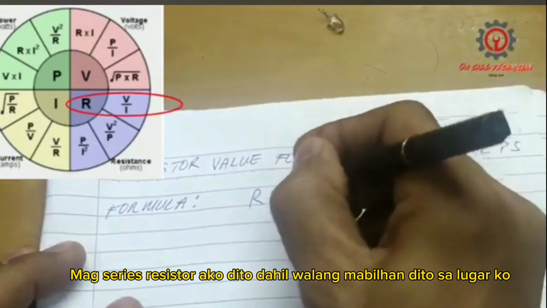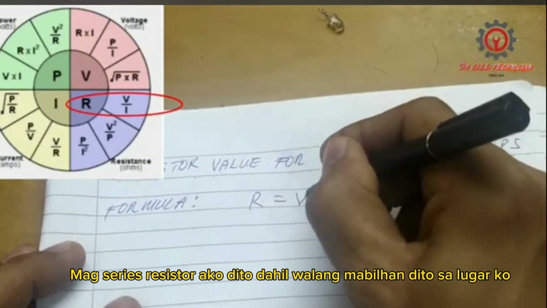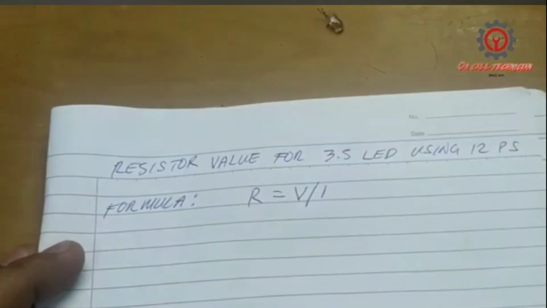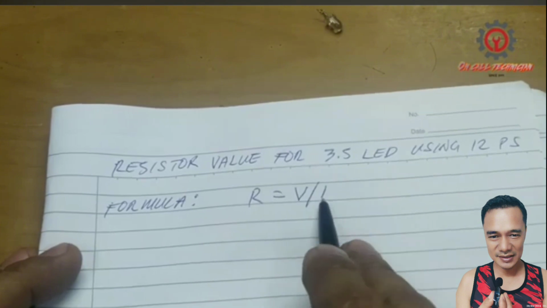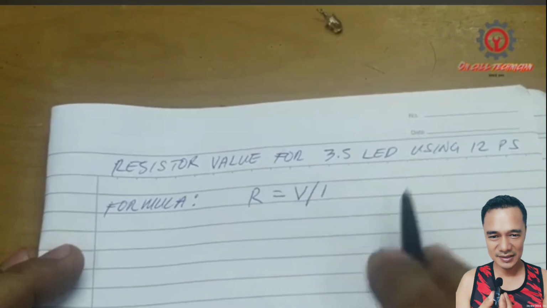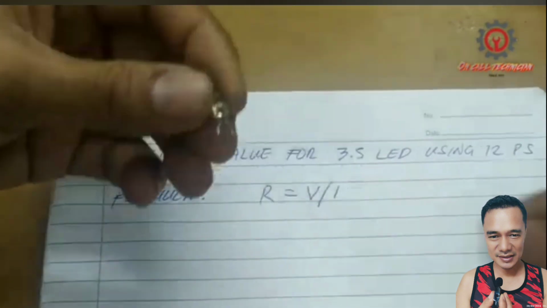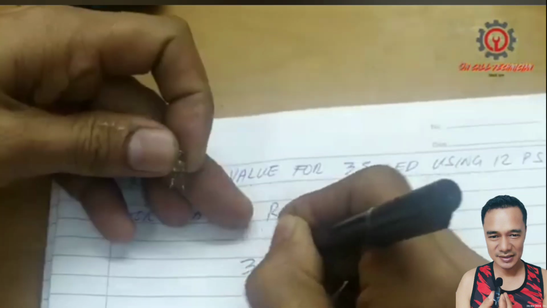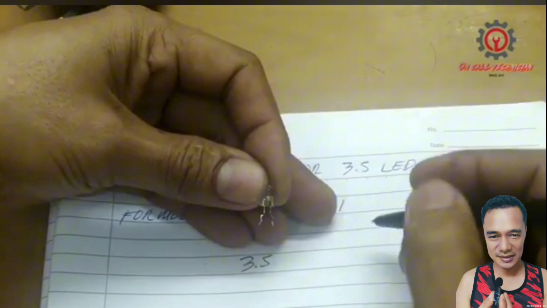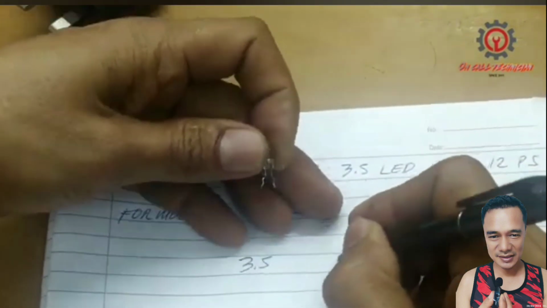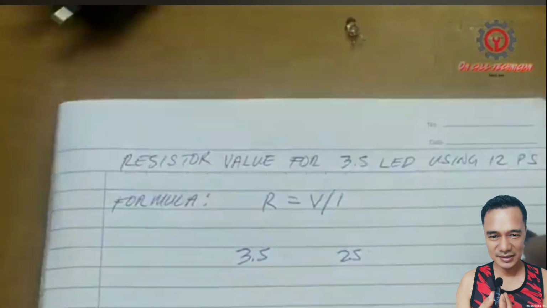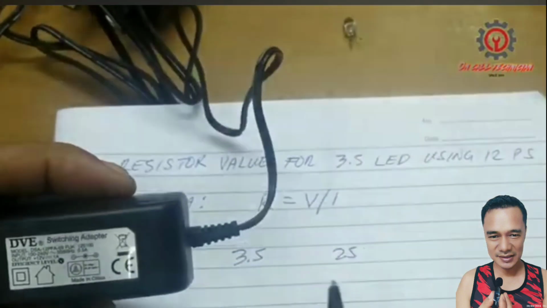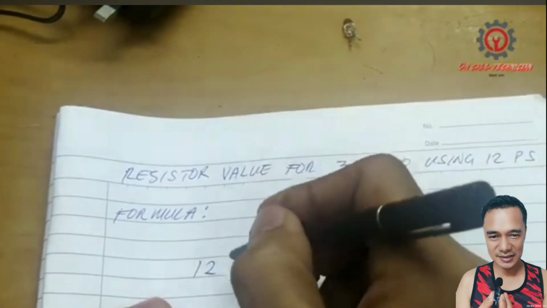R is equal to volts divided by ampere. So R stands for resistance, V stands for volts, I stands for current. And this LED here is 3.5 volts, 25 milliamps. And first thing to do guys, since our power supply is 12 volts, therefore 12 volts minus